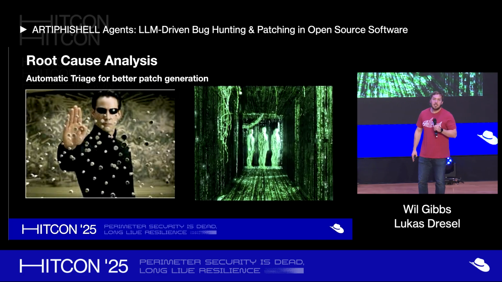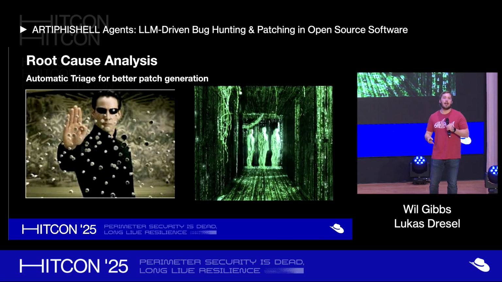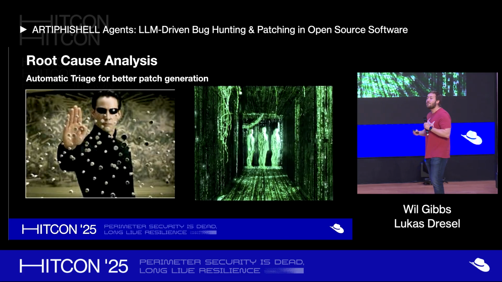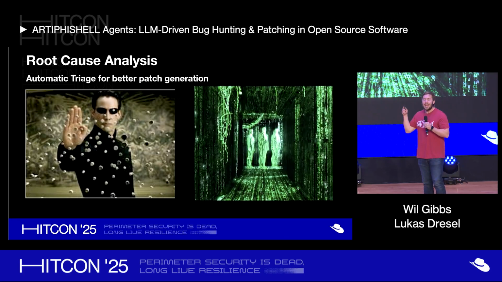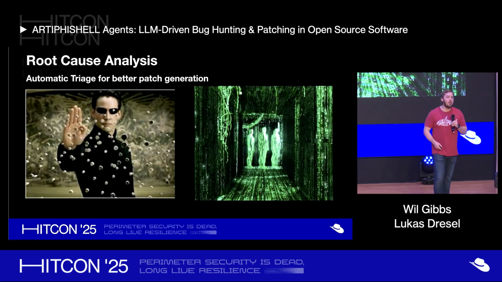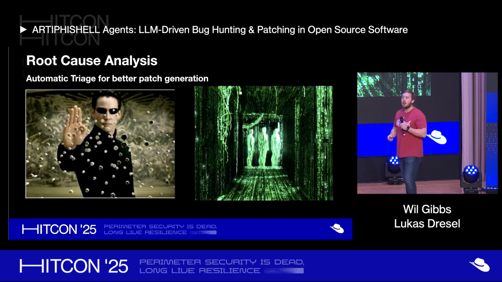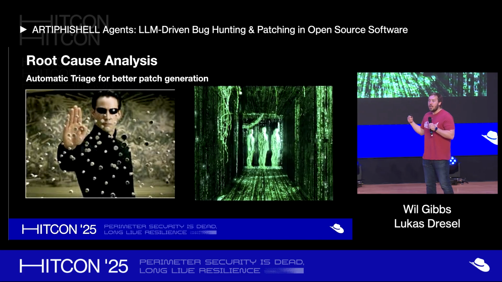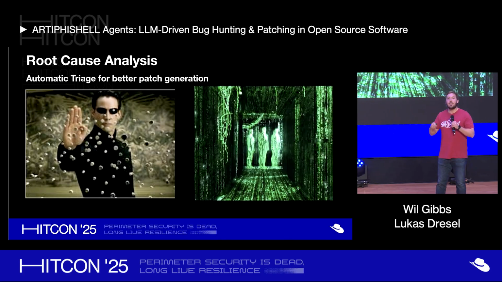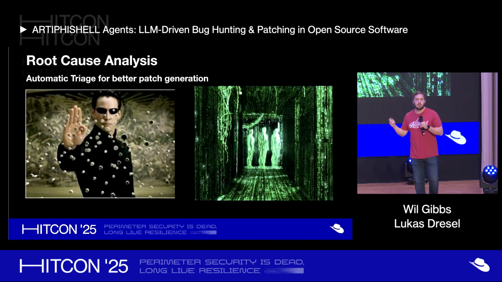So much like Neo, you can see stopping these bullets, your patches can stop crashes. You can create very shallow patches that can stop each individual crash. But in order to stop the bullets from coming at you altogether, you need to stop the guys from shooting you. So the idea is, in order to fix all of these individual crashes that may pop up, you have to find the root cause.